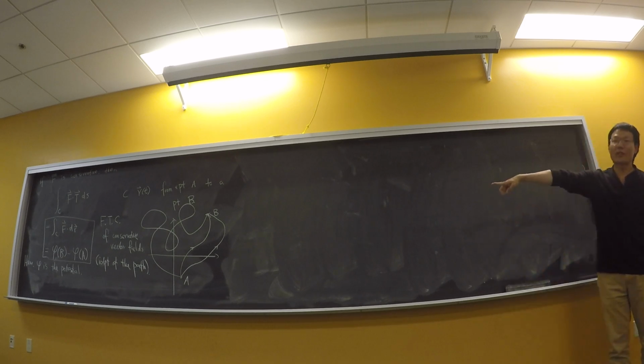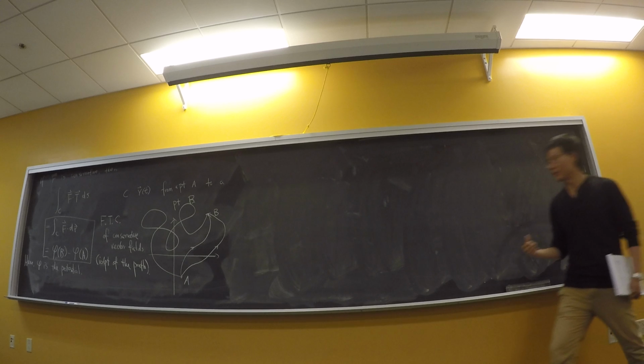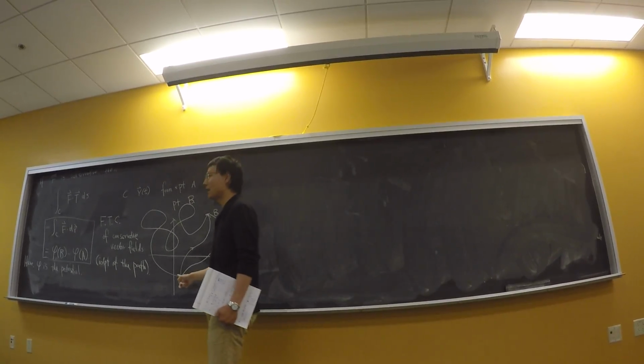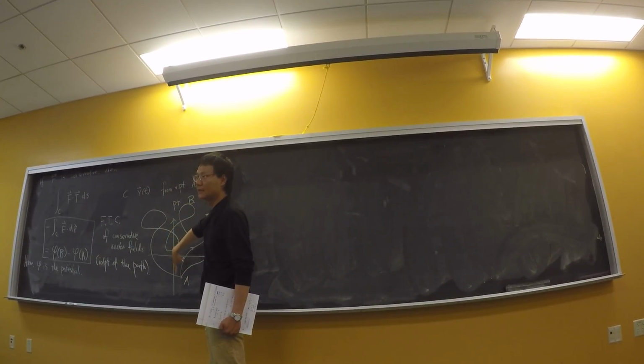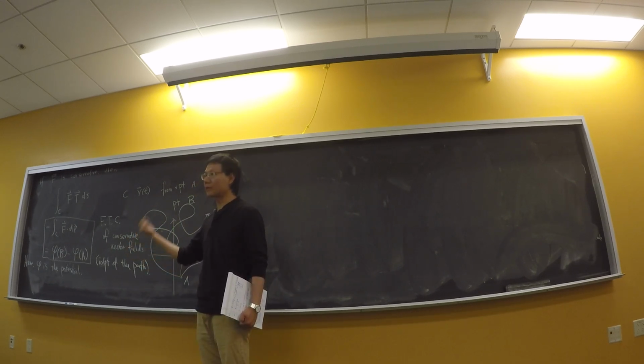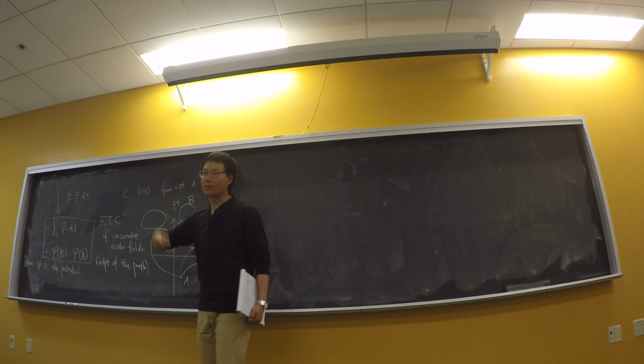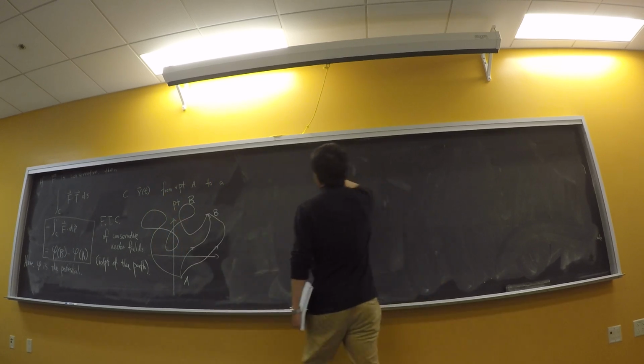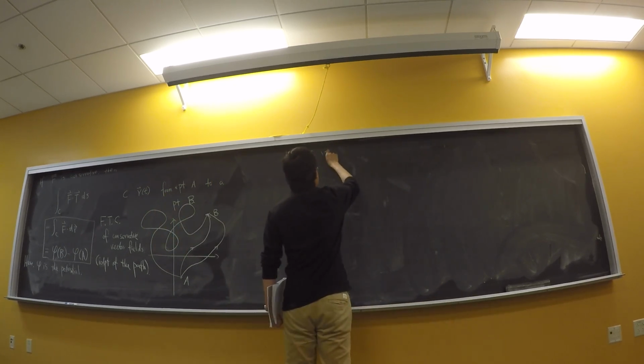From the initial point and terminal point point of view, a curve is closed if and only if I begin from the initial point and then I go back to end up at the same point, all right? So you can understand a closed curve as the initial point coinciding with the terminal point, okay? So if C is closed,